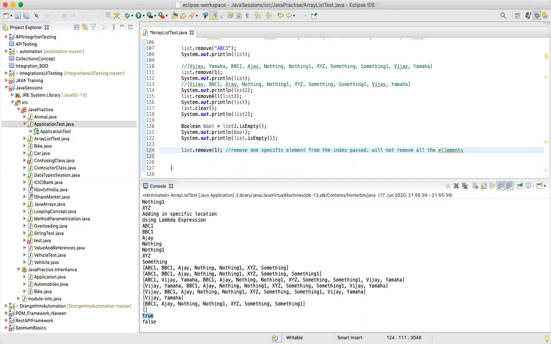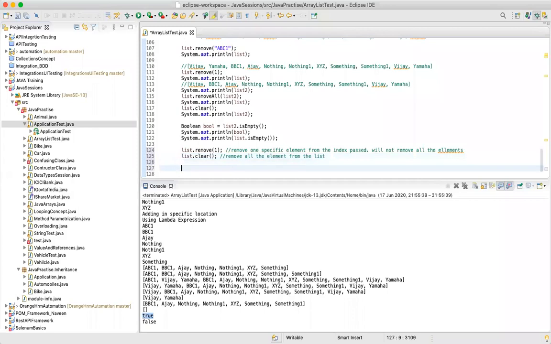Now when I say list dot clear, simple, it removes all the elements from the list.